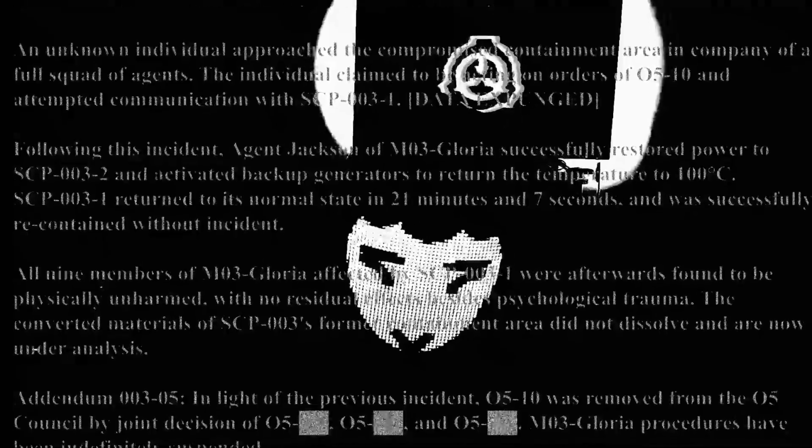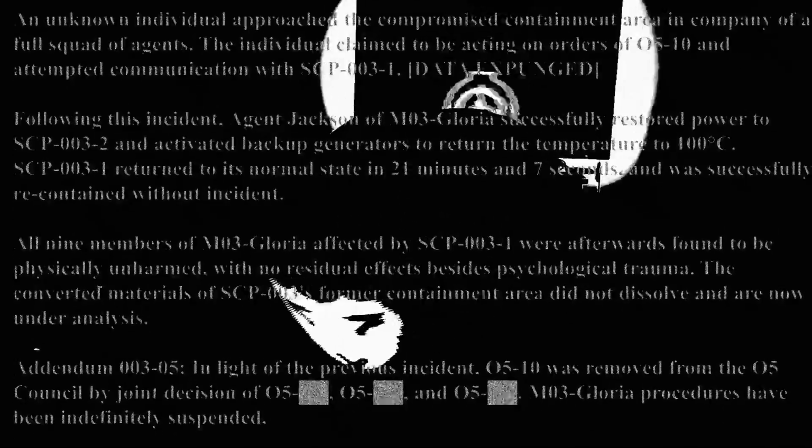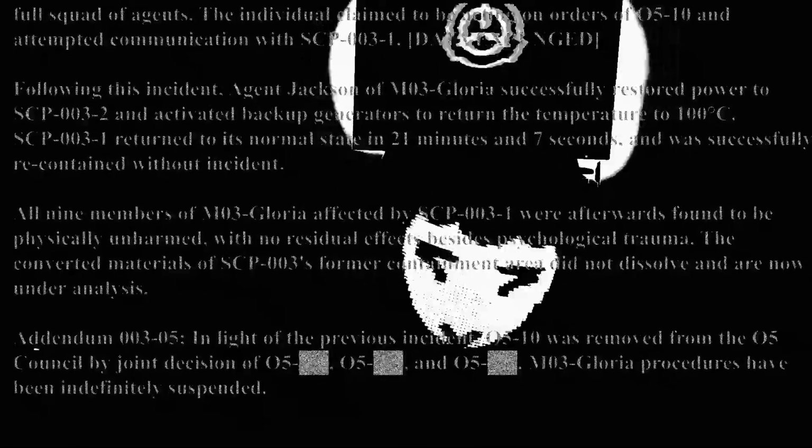What did 05-10 want with the object? What was said? Why was it expunged? Do you have to be an 05 to get full access? This is very curious. Addendum